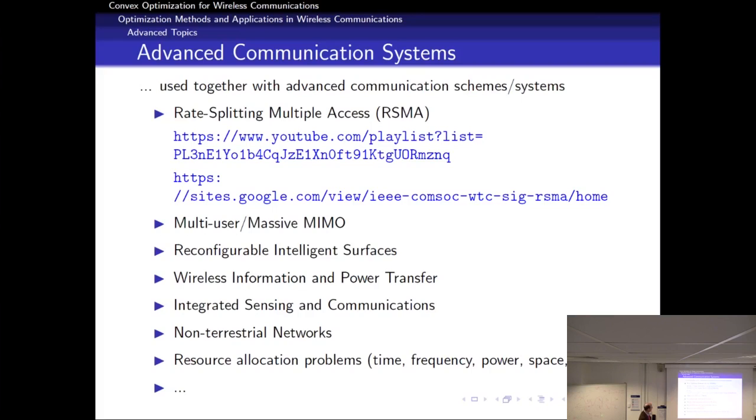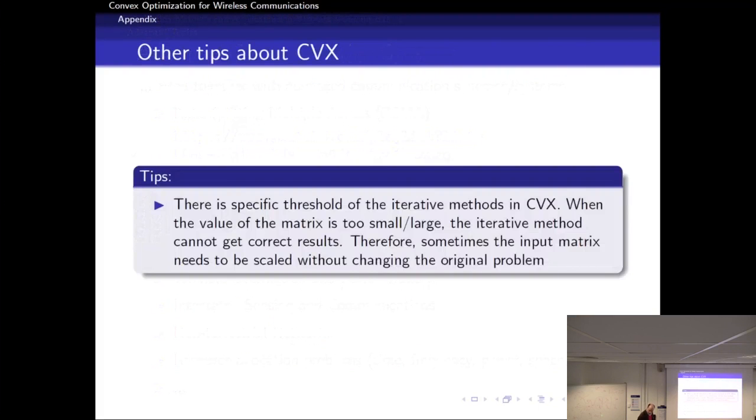You can do this in massive MIMO, in intelligent surfaces, integrated sensing and communication, and so on. You can use this in many, many different problems. And so very often in research, you have this interplay between the communication theoretic side that needs to drive meaningful communication schemes that are driven by communication theoretic foundations, and the other side, you need to be able to optimize those schemes. So that's where the optimization comes in. Right? So I think I will